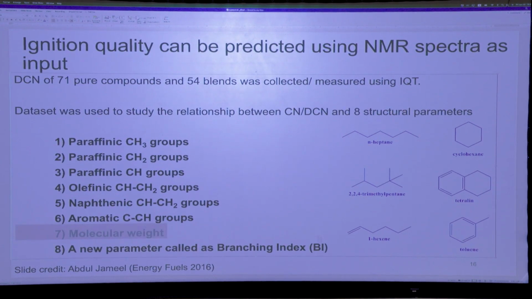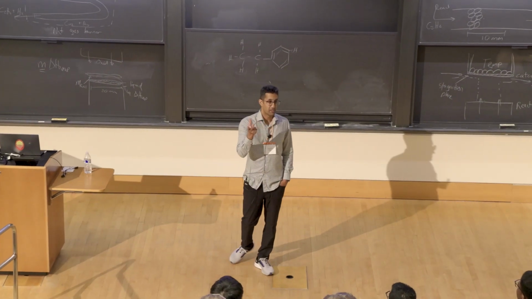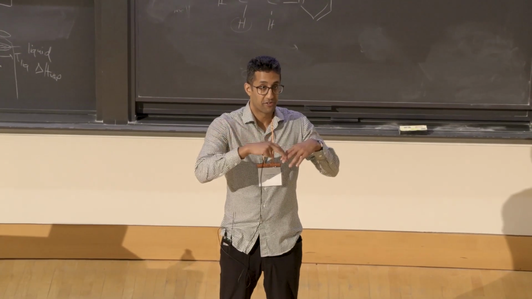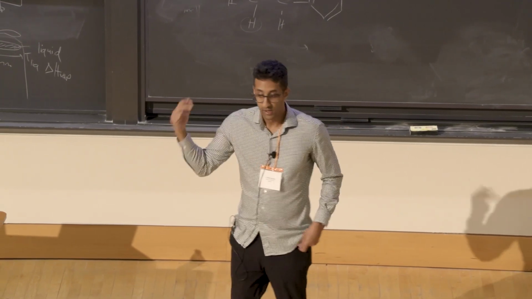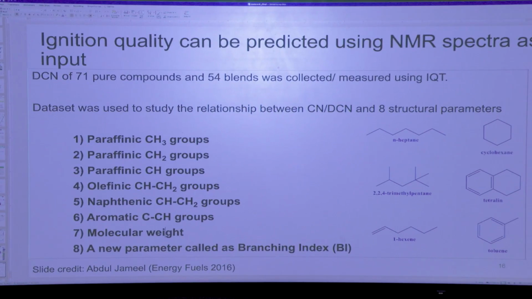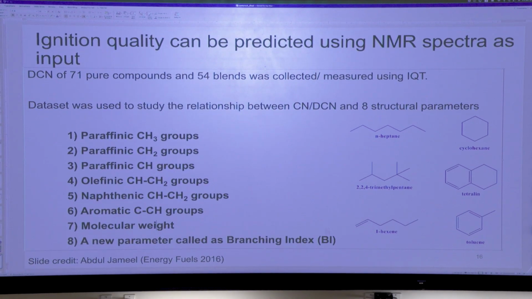The problem is functional group is not sufficient, because if you want to predict things like ignition of a spray, it's not only the functional groups, it's the carbon number. The volatility matters because the spray has to evaporate and burn. So we use the functional groups and the molecular weight. And we make it a bit more elegant as well. There's something called a branching index, because this functional group approach,